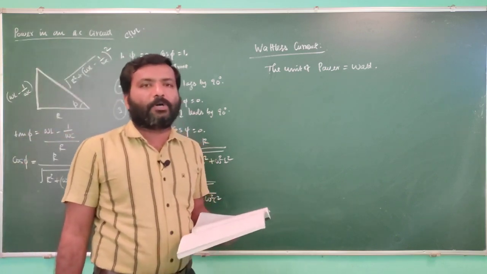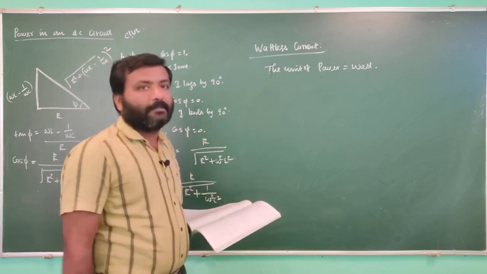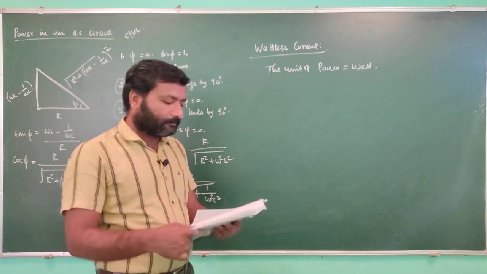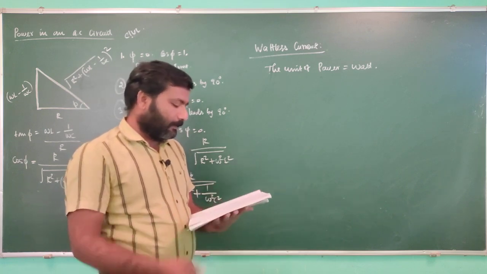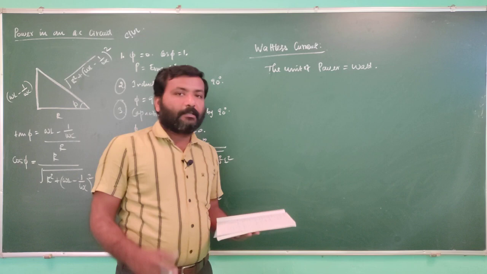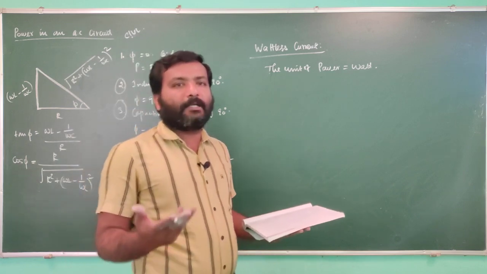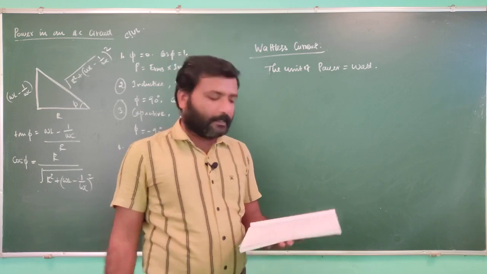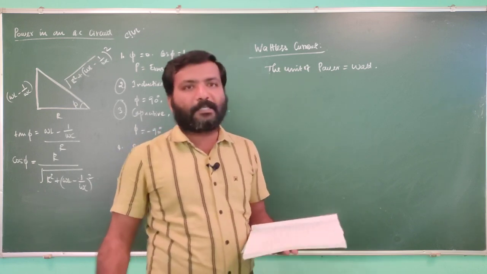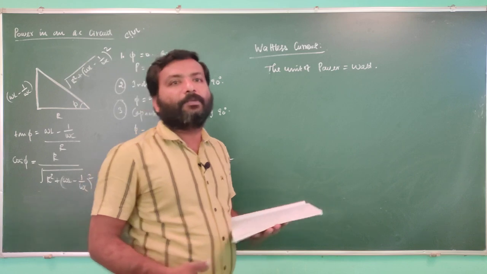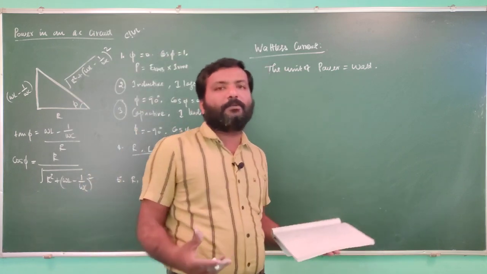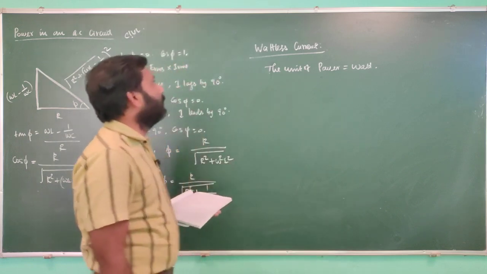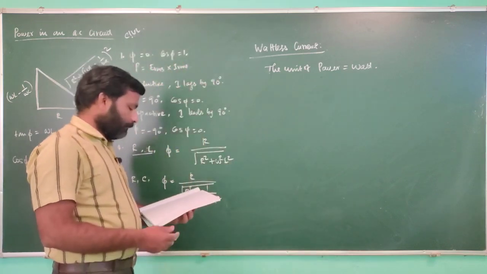In those cases, whenever the power is equal to 0, the current flowing in that circuit is called wattless current. This wattless current, you can say, is a useless current, because when there is a wattless situation, you cannot do any useful work with that current in the circuit, because the circuit draws no power. If there is no power drawn into that circuit, then the circuit will not perform any useful work. So this is the basic idea of wattless current.